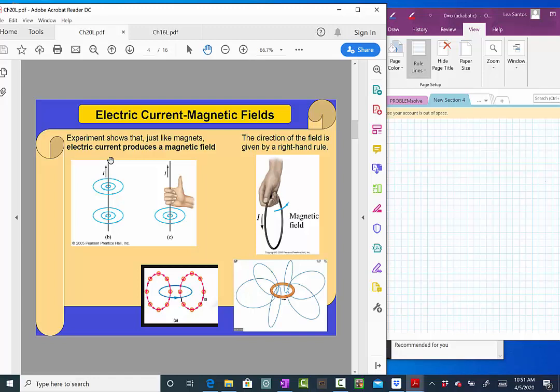So how does this rule work? You pick your thumb. Your thumb has to be in the direction of the current. So you see here in this wire, the current is going up, so the thumb is going up. And with your hand, with your four fingers, you grab this wire. And the four fingers, the way they are encircling this wire, will tell us the direction of the magnetic field. So you see these four fingers, they are closing the wire